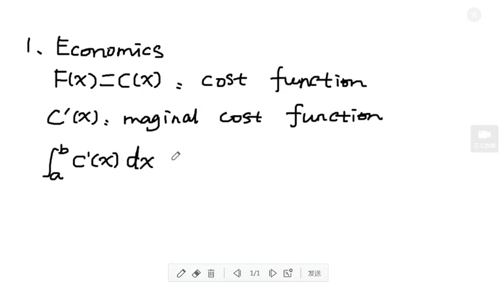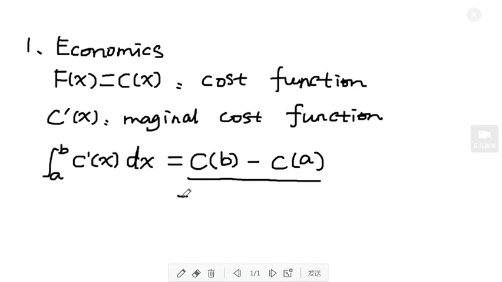So according to FTC, the integral of F prime of x is the net change in the big F function, which is C(b) minus C(a). That is the net change in the cost function